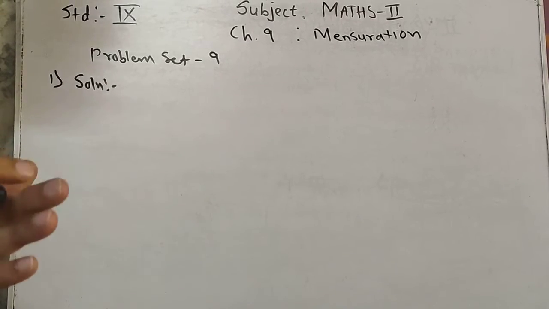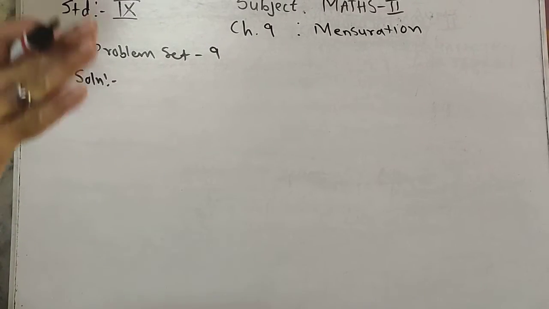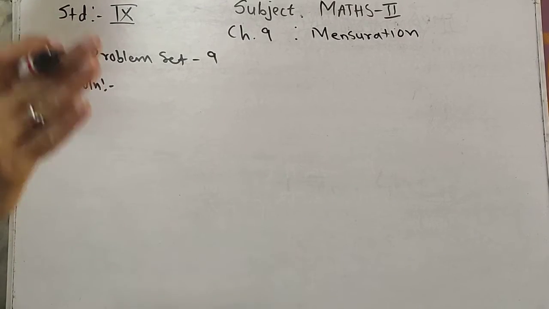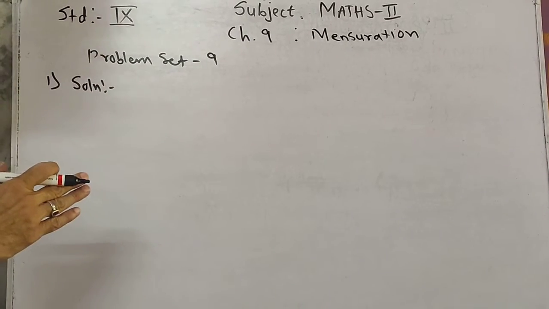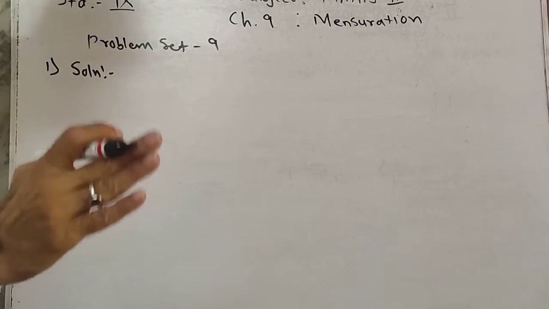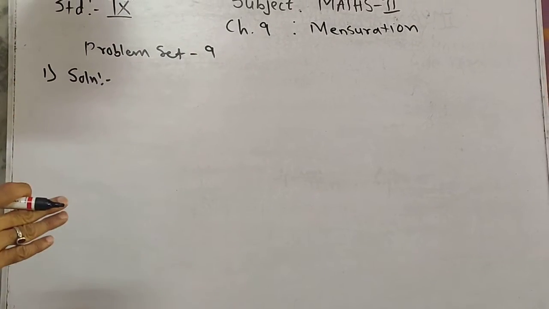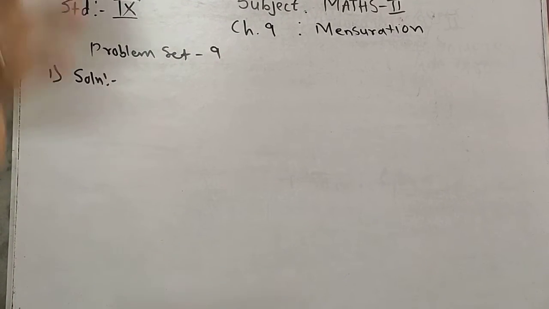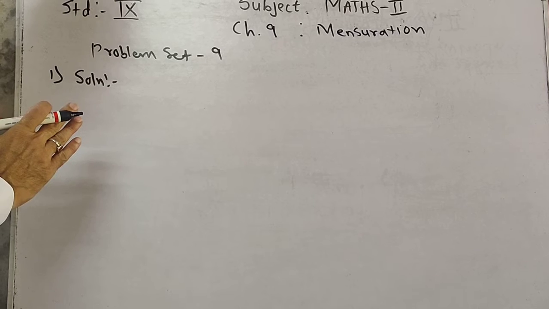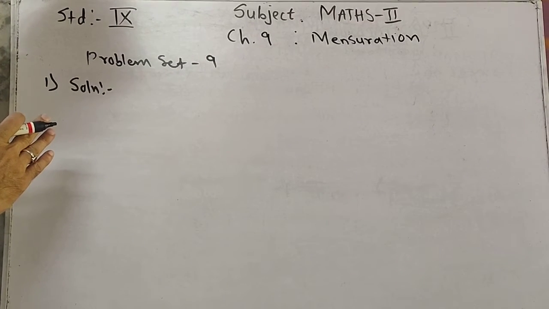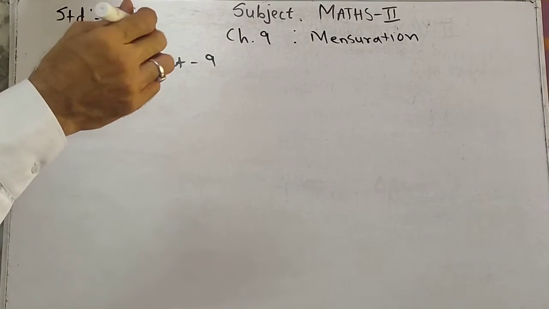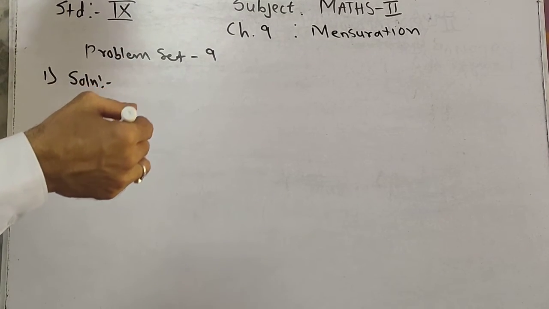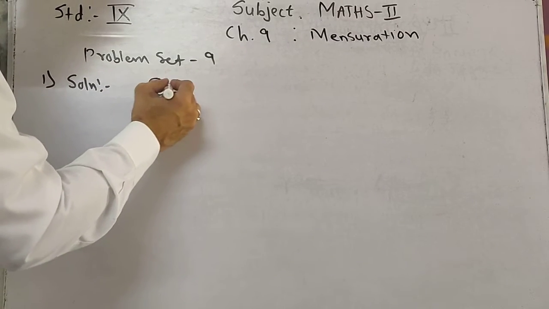Okay, now my dear students, listen to me. Problem set 9, first sum. Problem set 9, first sum is related with this exercise 9.1. That is why I am showing you sum number 1, because it is related with 9.1. So here, the diameter of a roller, you know the roller is in cylindrical shape. So the diameter of a roller is given,